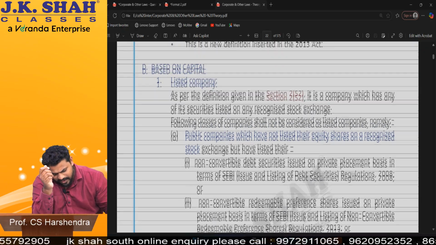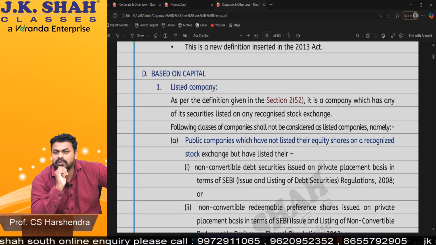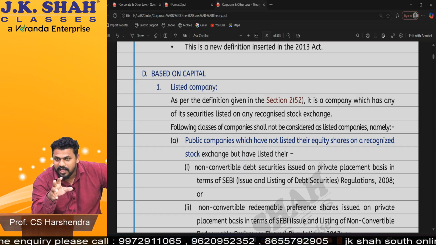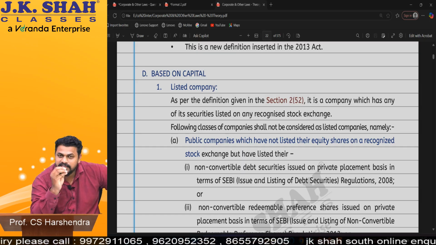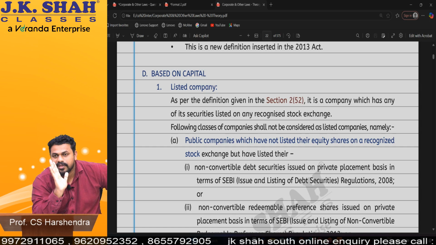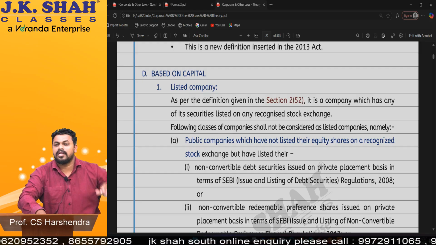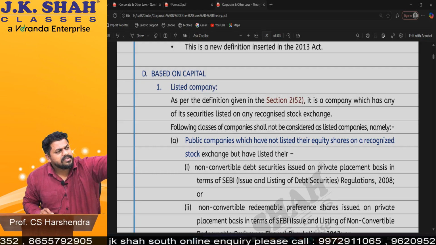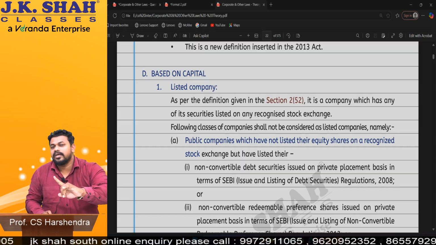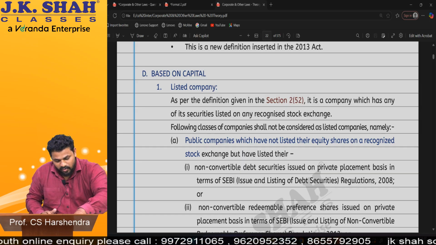What is a listed company? Now understand, guys, if I ask you what is a listed company, you will be like, sir, any company listed on the stock exchange. Yes, any company whose shares are listed on the stock exchange is a listed company. Actually the answer is like that, but it is very technical. Generally, a layman, meaning a person who is not a professional, says a listed company means any company which is listed on a stock exchange. It's not wrong, but it is not absolutely correct also. We are professionals, we'll tell what is a listed company. So see, what is written?